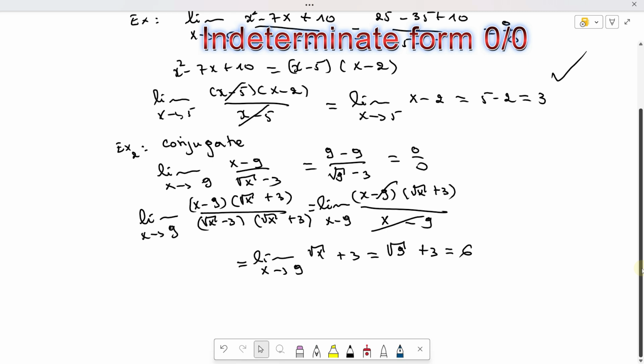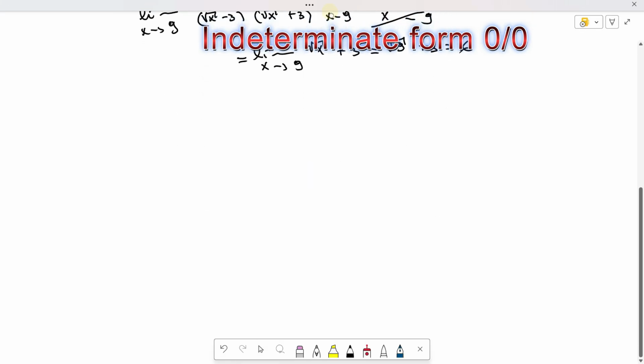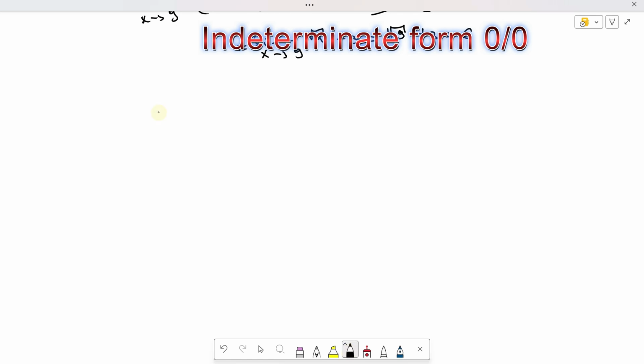Of course, when we have a trigonometric expression, that's when we can use trigonometric identities. I give you an example. Let's take this limit, example number 3, using trigonometric identities. Then, for example, if we are computing the limit when x tends to 0 of this function, sine x over, let's say,